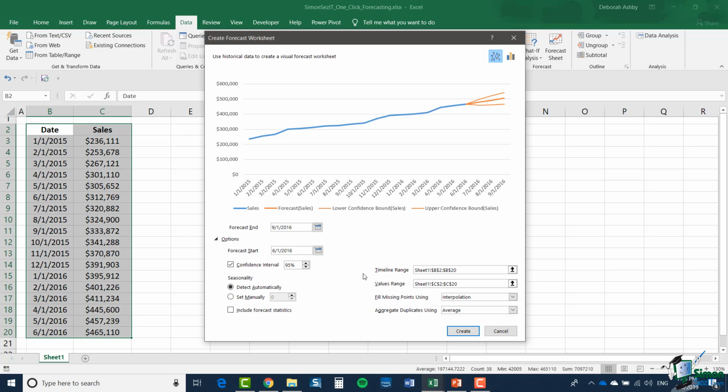If you check this box, in the resulting forecast worksheet, you'll have a lot of very technically advanced statistics. So again, if you're not a statistician and you're not particularly keen on dealing with things like exponential smoothing algorithms, then you might want to bypass the forecast statistics. But if you are interested, check that box and you'll get some very interesting statistics on the forecast worksheet as well. On the right-hand side of the options, you have the timeline range and the values range, and then again,